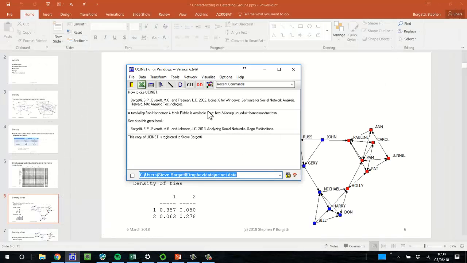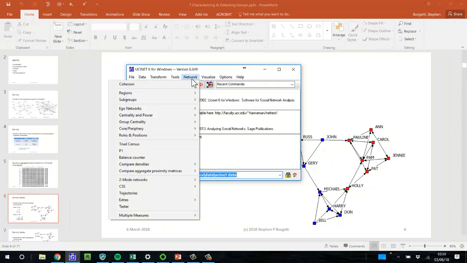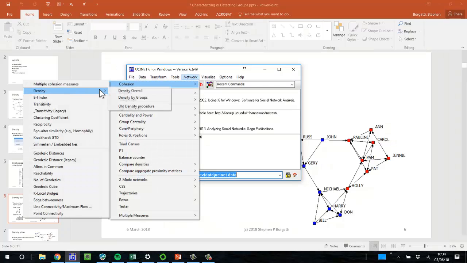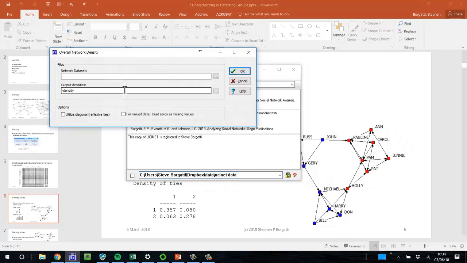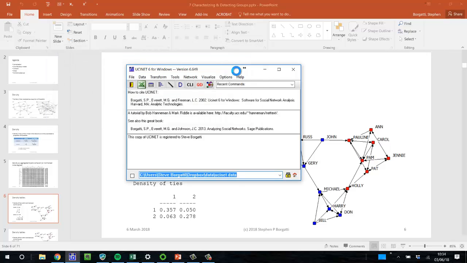Okay, I did want to show you the density overall. So network cohesion density overall. And the data set that we're going to put in here is Kaptail. I think the screen is much smaller than normal. And this is a network that has multiple relations in it. So if we run it,